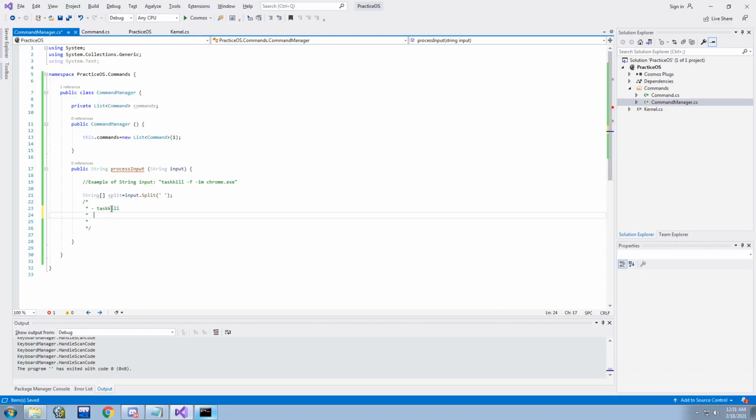Taskkill -f -im and from.exe. These are going to be the 4 strings that are in this split. Hopefully that makes sense, guys. And that's weird that it never does that. I accidentally pressed something, but anyway,